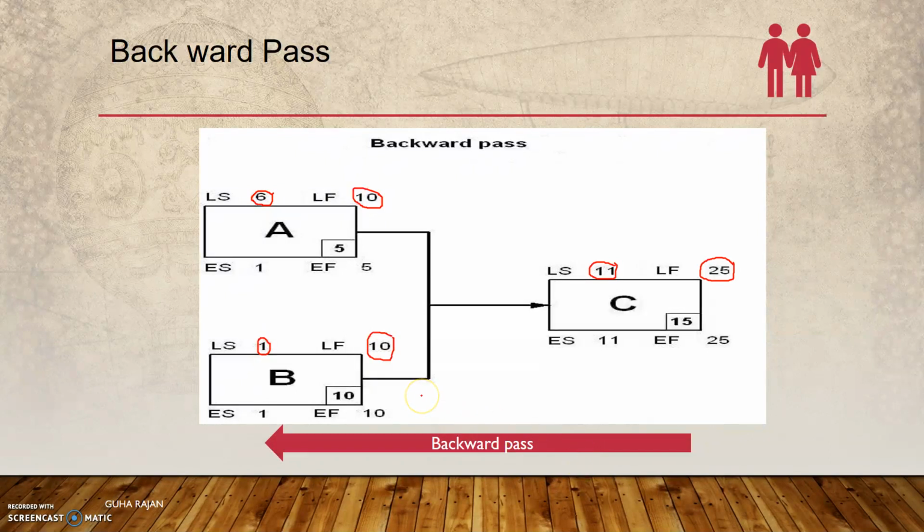Now one can easily infer two things: one is the critical path, the other one is the total slack. So the total slack, if you look at it for activity B, it completes both ways, that is late finish and early finish, on day 10, and you start activity C on the 11th day.